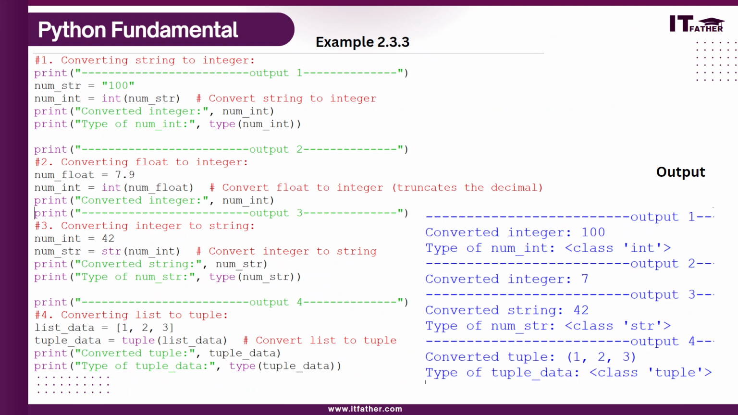Now we have an example: converting a string to an integer. How do we convert a string to an integer? If you want to convert any string to an integer, it must be a numeric value. In the form of a string you must provide a numeric value, otherwise a type error will be thrown on the screen. For example,